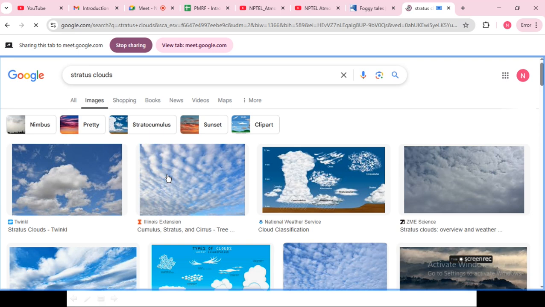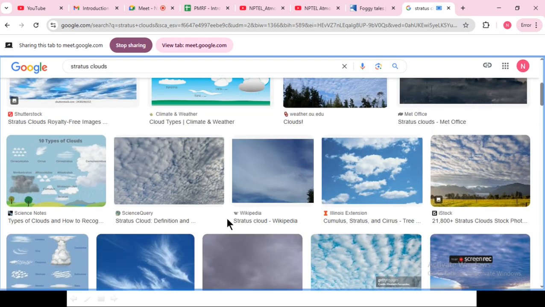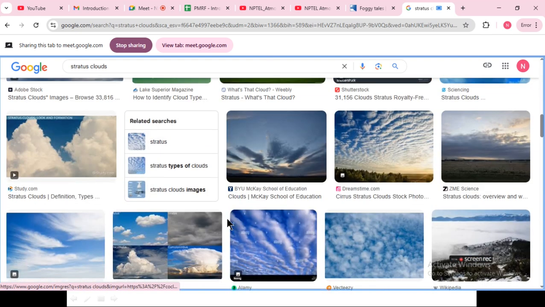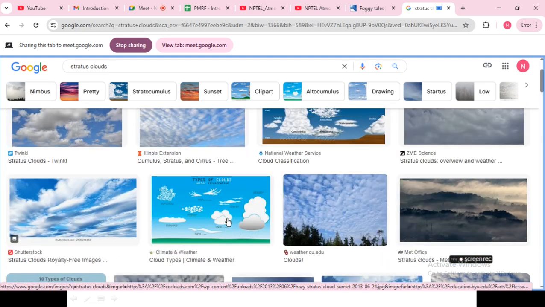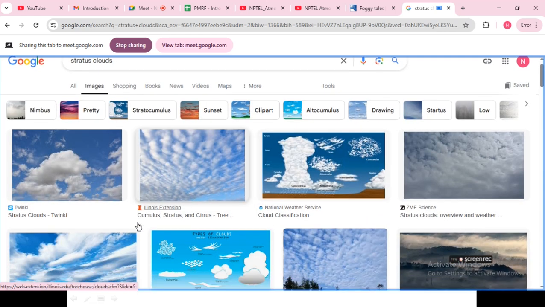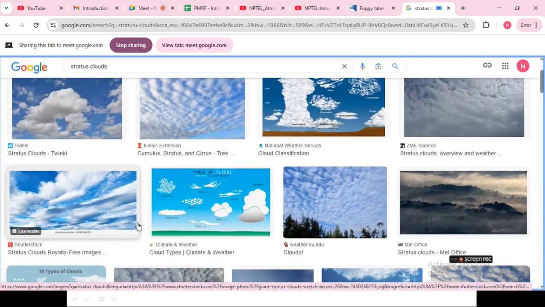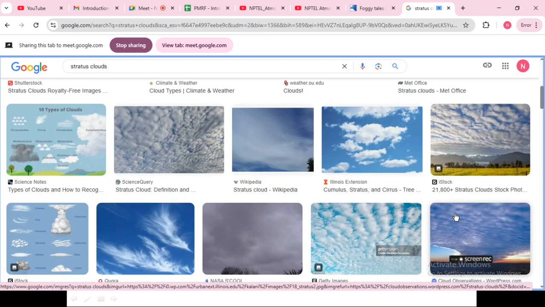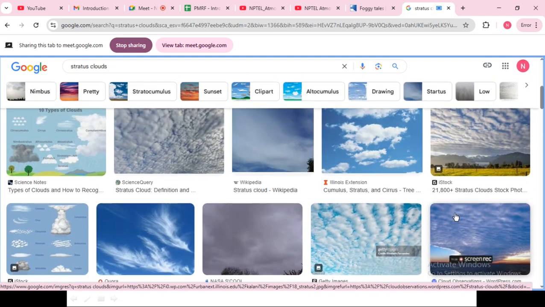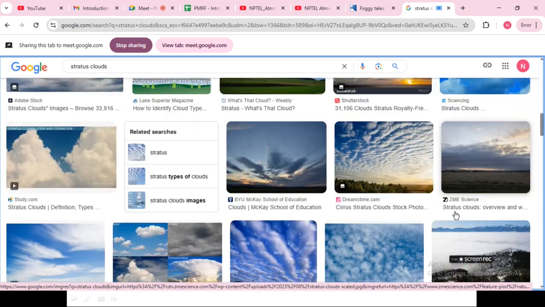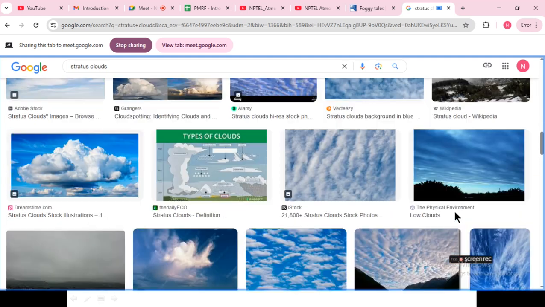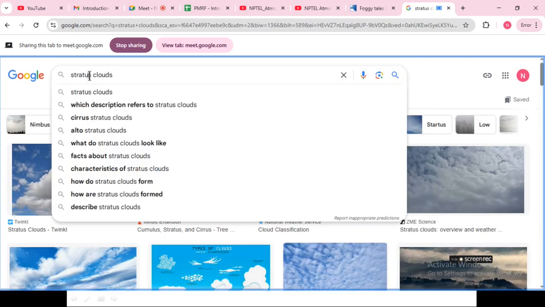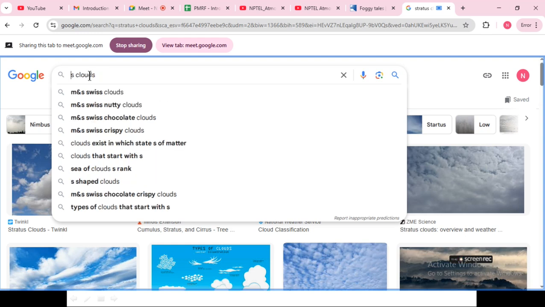stratus clouds look like they are gently layered in structure. Stratus clouds are generally layered in structure. Cirrus clouds are generally curly or fibrous, and if you look at